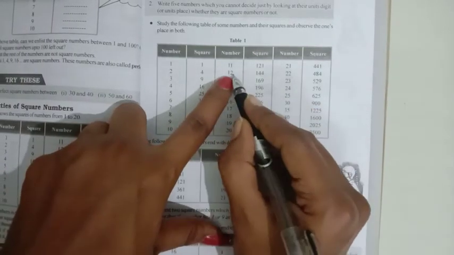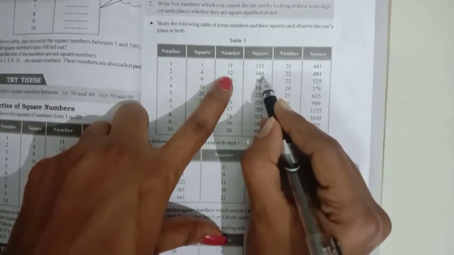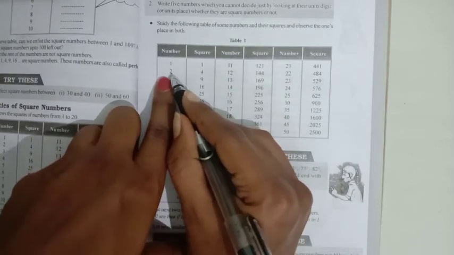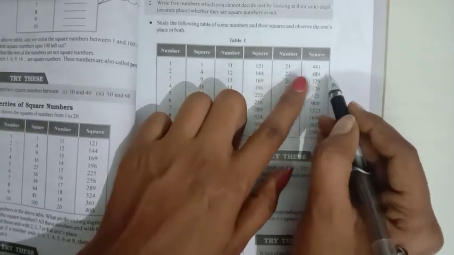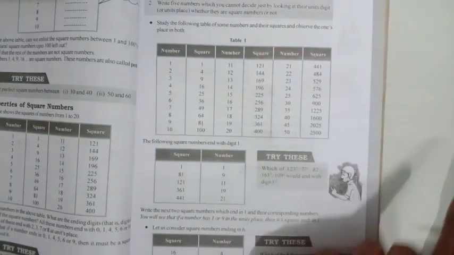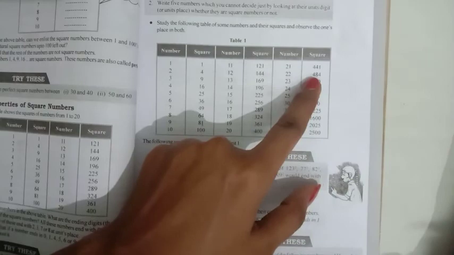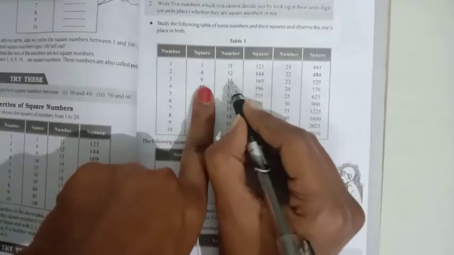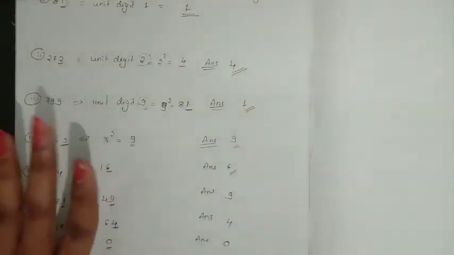Even you can observe 2 is the unit place, and the answer we are getting here at the unit place is 4. So even here you can observe 2 and 4. That means if you go for 32 also, at the unit place it is 4. If you go for 92 also, the square's unit digit will be 4 there. So like that, the unit place always will be the same. Okay, so this is the concept which we can study from this.